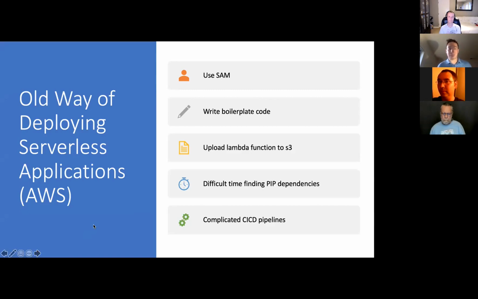So historically, before the serverless framework, there was another way you could deploy serverless applications. This is specific to AWS, but again, all the cloud providers had ways of deploying serverless applications, but they were all pretty messy. So in AWS, you used something called SAM, which is Serverless Application Model. There was a command line interface. You would write CloudFormation code, and you would write a lot of boilerplate code. You would write a lot of code that did something relatively simple, and it would all be YAML. It'd be long CloudFormation templates, like 500 to 600 lines.